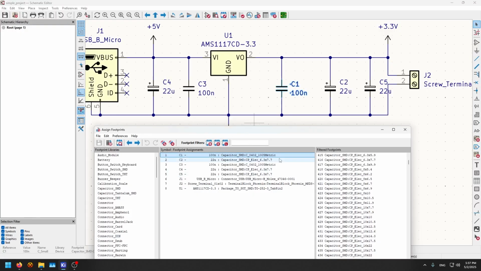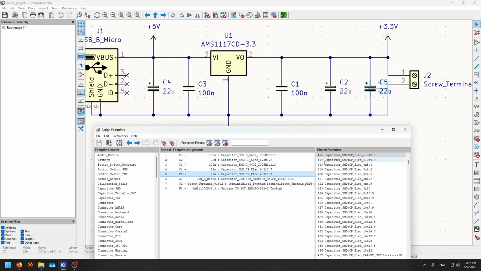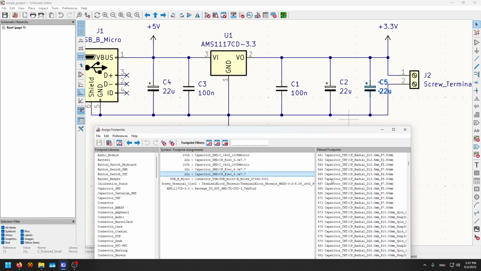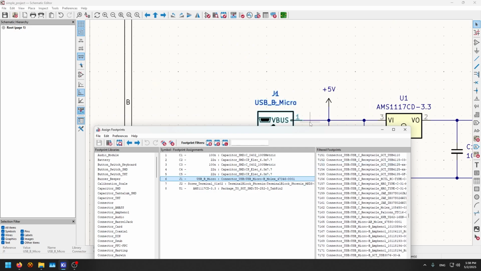It's 100 nanofarad, and I already chose the 0402. And these are all the footprints available for capacitors. Let's go to this one. This one is a polymer or electrolytic capacitor, polarized. All of these are available footprints, not necessarily part numbers, just a footprint. And we go to the USB micro B, all of these, but I already did that, and this is what